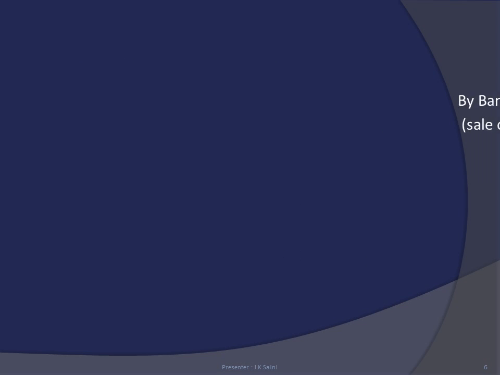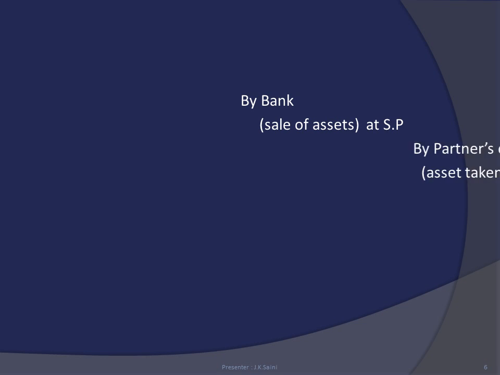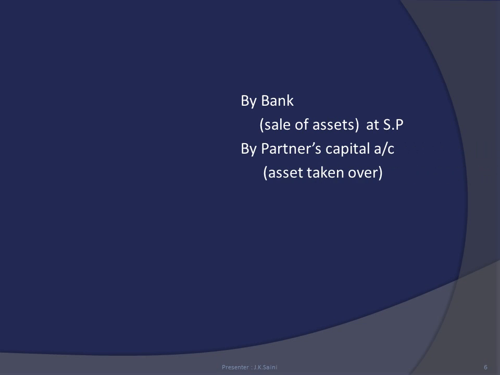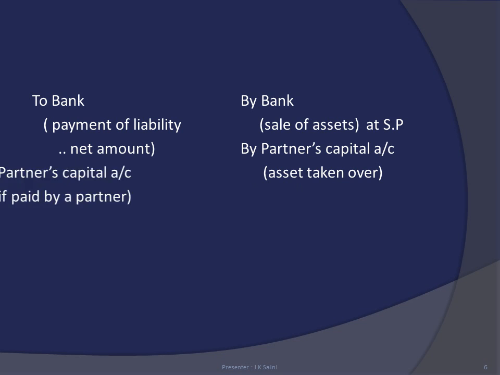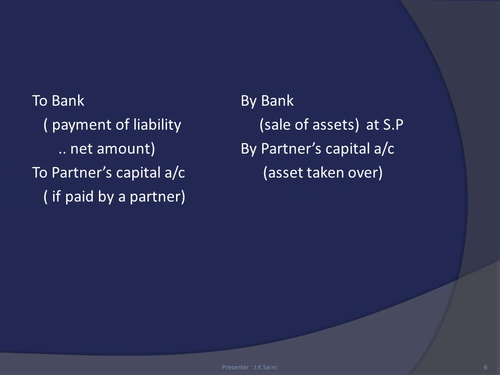Now, after closing assets and liabilities, we proceed to dispose of the assets. When an asset is sold, bank account debit, realization account credit, and if an asset is taken over, partner's capital account debit. Now the liabilities are paid. Payment of liabilities, the net amount paid is recorded, realization to bank, and if it is paid by a partner, realization expenses,